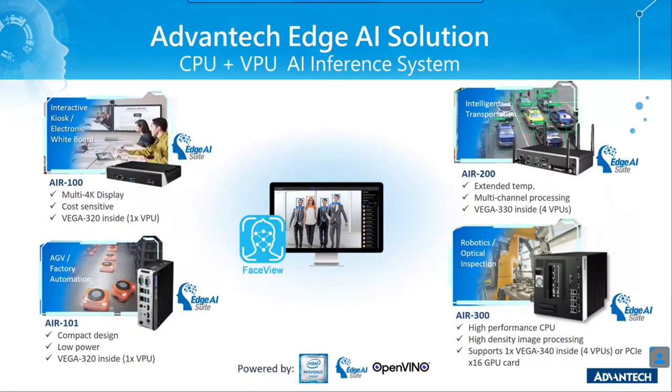Now, of course, for some customers who would prefer a fully integrated system, where all they have to do is plug it in, turn on the power, and do some development from the get-go, we have the AIR series of computer boxes. For example, the AIR 100 is based on a digital signage computer that we have, and it will support 3 4K displays via HDMI. It's cost-effective, and it has the Vega 321 VPU inside, and it can be used for interactive kiosks, electronic whiteboards, and some of the other signage-related